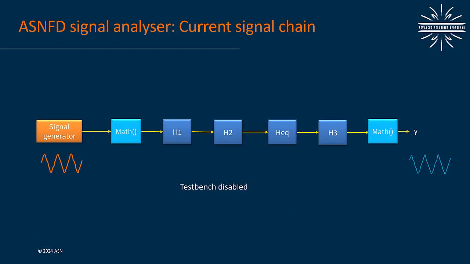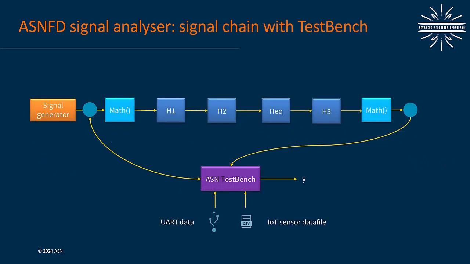Looking at the tool's existing signal chain, it can be seen that there's only support for one filter signal chain, which doesn't offer much flexibility. Therefore, ASN TestBench extends the capabilities of the signal analyzer by providing access to the internal signal chain and signal generator. As such, a specialized test waveform can be injected into the cascade or even used with multiple filter cascades